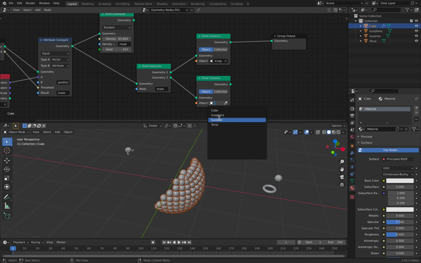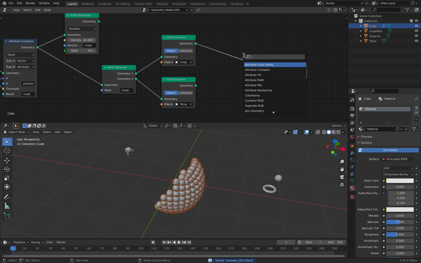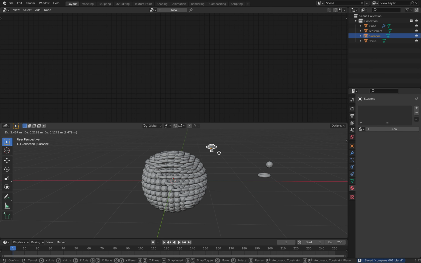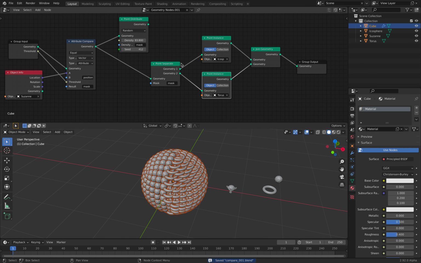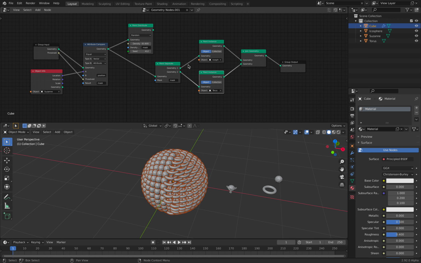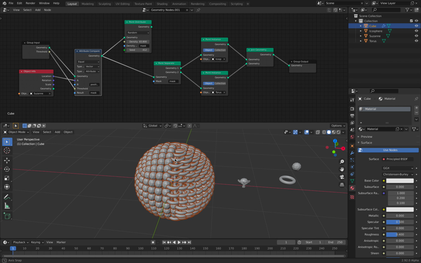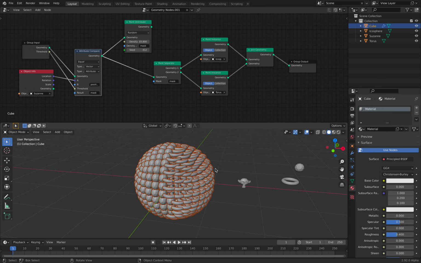So icosphere and torus. So either this one or this one. From this we can join the geometry. Now we can control something like this. So currently with this setup we don't have control over how far the distance is, but at least with this attribute compare, we can sort of have some kind of field, you know, like making